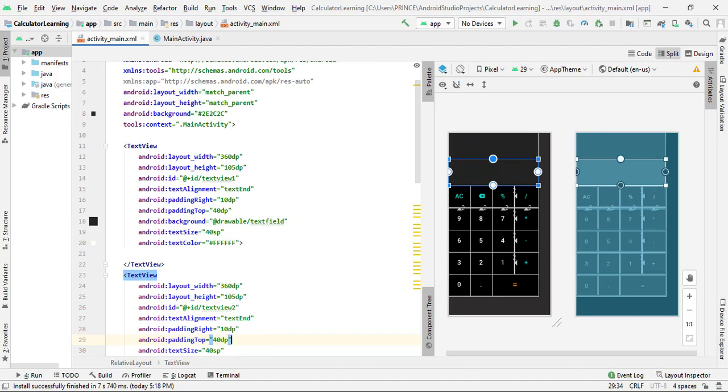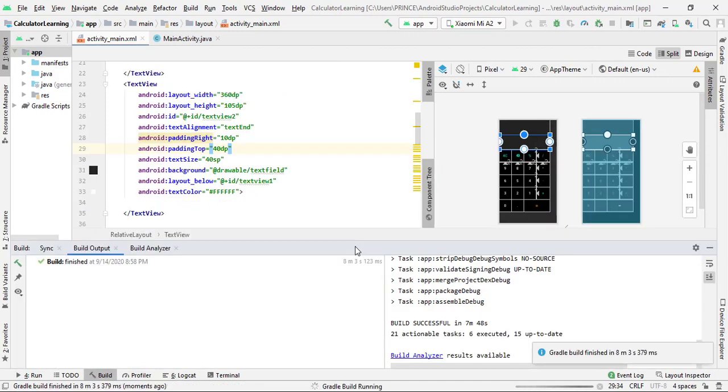So it's time to check our finalized calculator. I use debugging mode for checking my application. If you have a low system configuration, it is always preferable to use debugging mode. My system configuration is very low, so I use debugging mode. I connect my phone and, after connecting, I press the run button and Gradle starts building. Now our application is built successfully and installed on my phone.